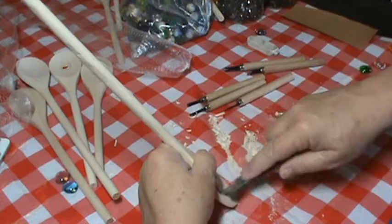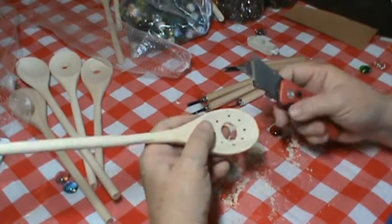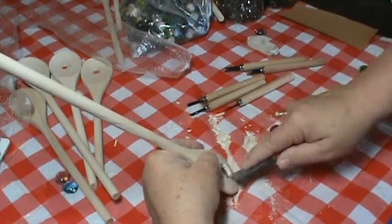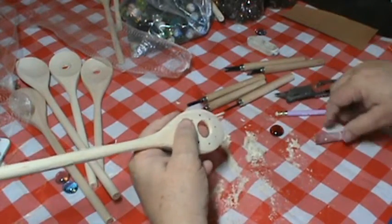And if you go too far, what happens if you go too far? Well, that's why I have all these other stones. If something happened and I really went too far and I couldn't make this stone work, I will search in my bag for another stone that will fit it. But that hasn't really happened to me because what happens is,